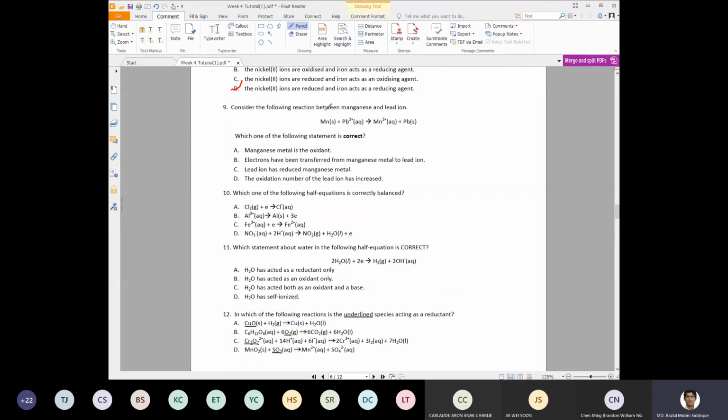Consider the following reaction, all right? You see that manganese and lead, so manganese 2, lead is the same thing. Which one of the statements is correct? Manganese metal is the oxidant. Is it? Manganese metal is the oxidant because manganese itself becomes oxidized, right? So it cannot be an oxidant, but